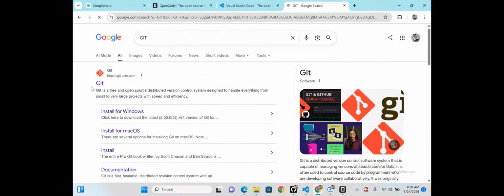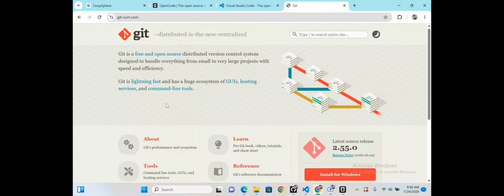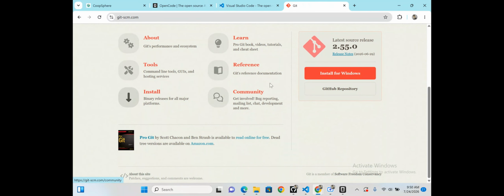So this is Git. What you need to do is download it for your operating system. Then when you download and install it for your operating system, you are good to go. So after downloading Git, you also need to